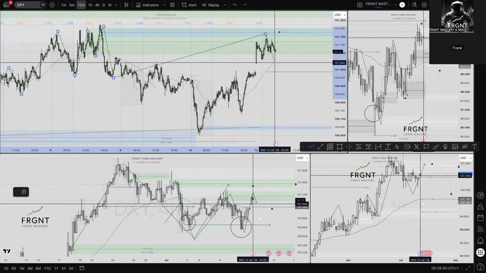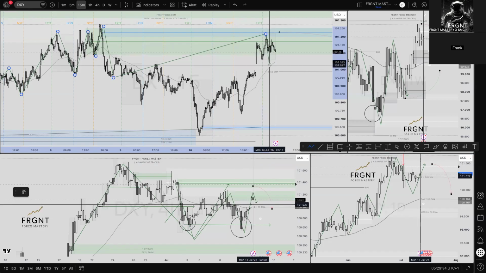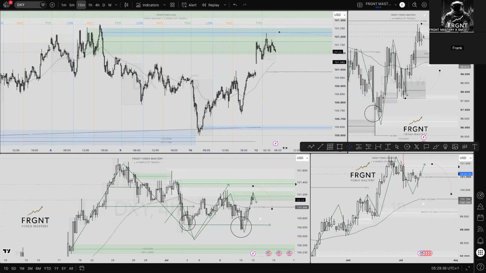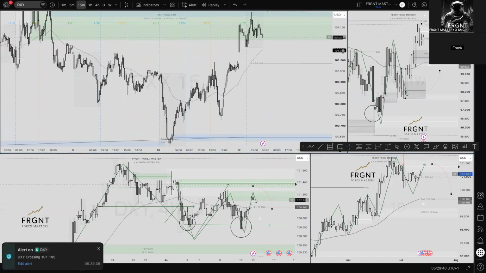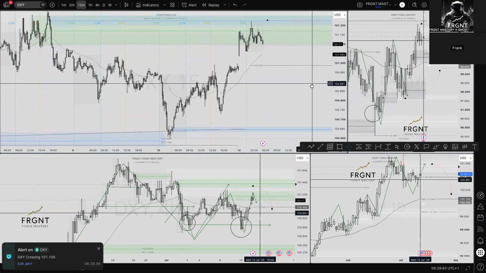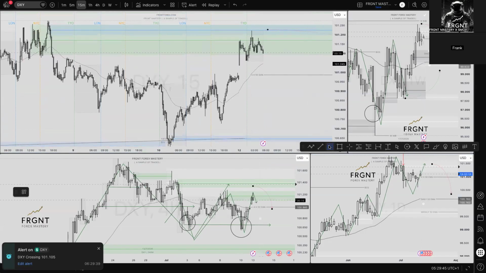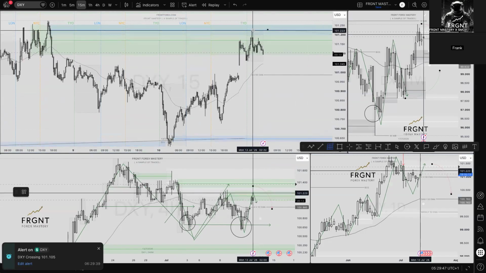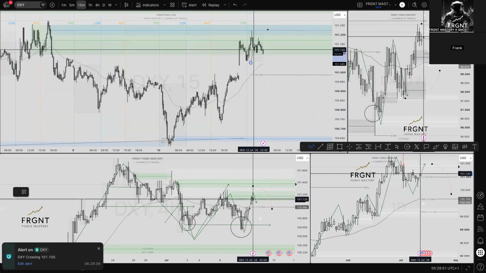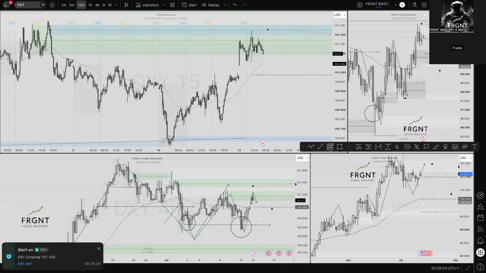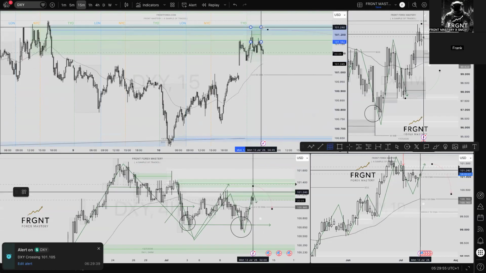Not really sure why. It's just candlesticks and my illustrations, but I wanted a tiny bit more confidence before I was ready to take the US dollar CAD short. But I hope you guys can see how it's not just a position being executed, it is structure. So we've tapped into that 15-minute order block. We then had a bearish engulfing candle to the downside, and that left us beautifully with another 15-minute order block.